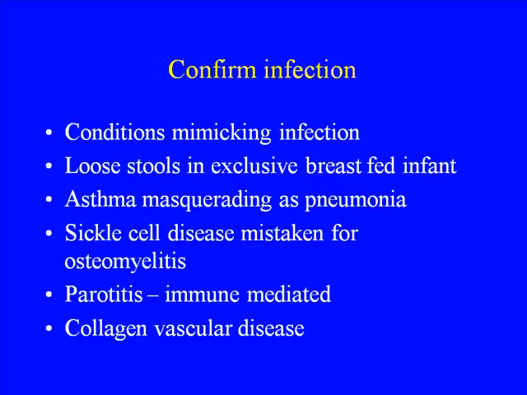I know asthma masquerading as pneumonia. I always thought that if I have a clinical diagnosis of asthma, I should not ask for a chest x-ray. If I ask for a chest x-ray, the radiologist obliges by calling it pneumonitis. To me, pneumonia is inflammation, and inflammation of inflammation is pneumonitis. I don't know from where this term has come in at all, and you just want to satisfy your justification of an antibiotic. And I feel that therefore it's best that you don't ask for a chest x-ray if you don't anticipate a pneumonia. Otherwise you will find a pneumonia.